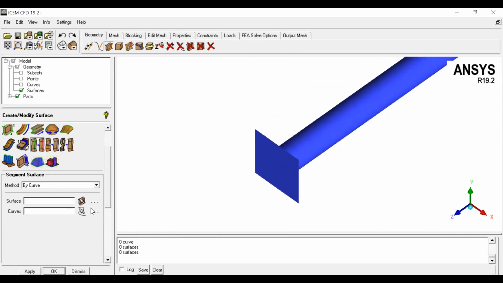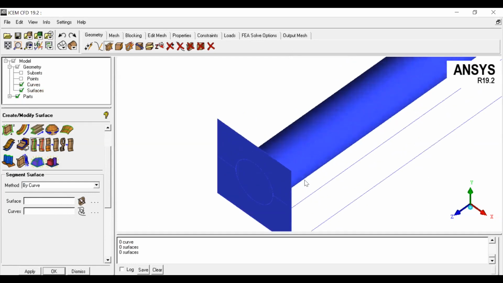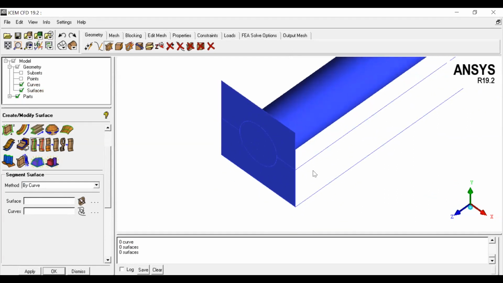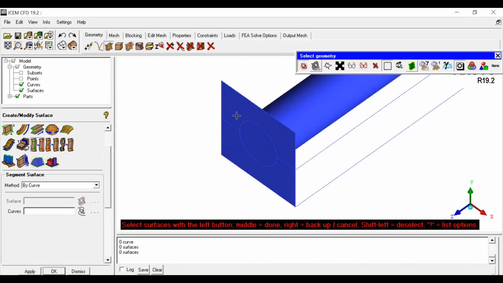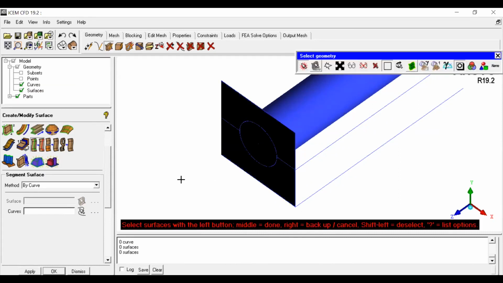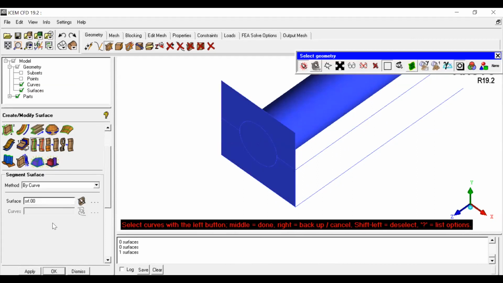To use this curve method, you must enable the curves. Let me enable the curves so you can visualize the blue lines. I want to separate the circle portion. First it will ask you to select the surface. This is the surface I selected. Done. And the curve on which you want to trim. I want to trim along the circle. Done.